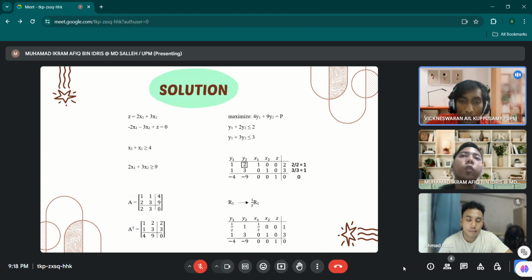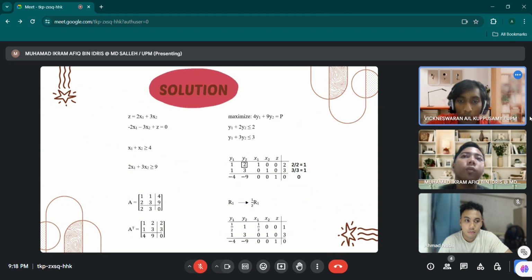The first constraint, y1 plus 2y2 less than or equal to 2, will have the value for x1. The second constraint, y1 plus 3y2 less than or equal to 3, will have the value for